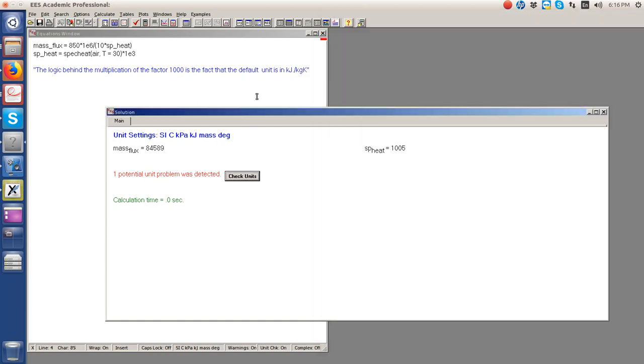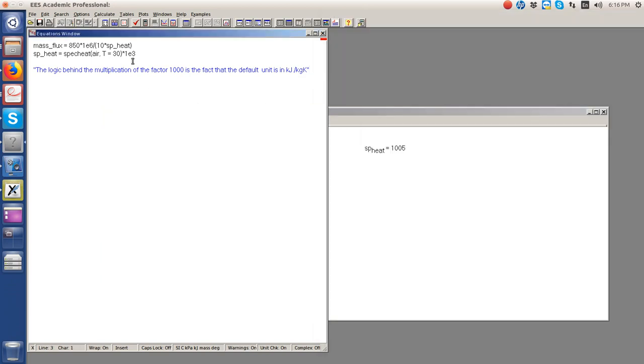So it's a very simple problem, but we must always keep in mind these units. These units are what create problems. 850 megawatt led to this. The specific heat output from the function is in kilojoule, that is why we have to multiply by 10^3 to make it into a normal unit of joule. Okay,